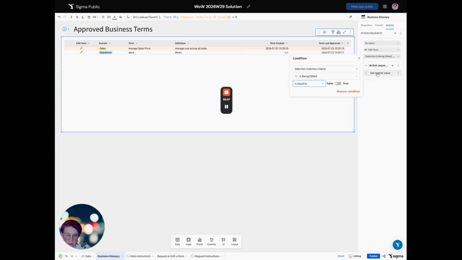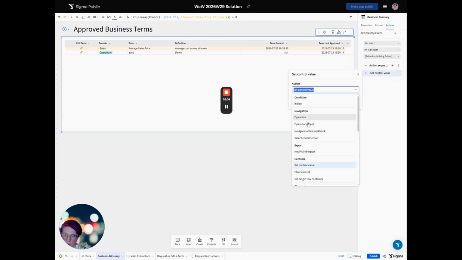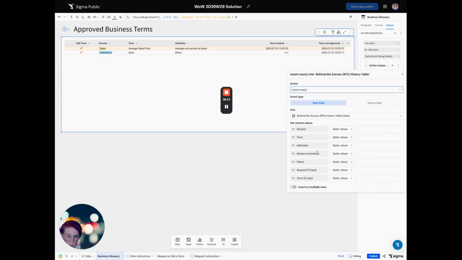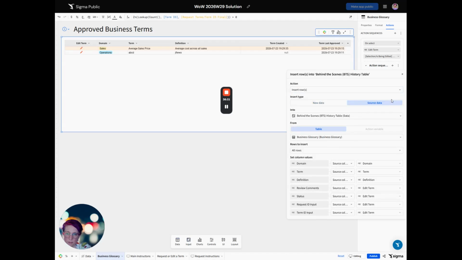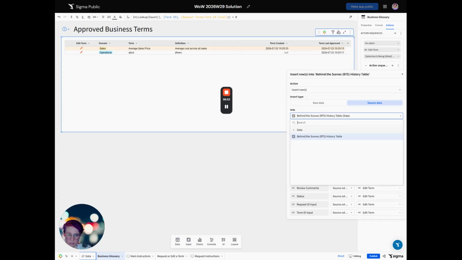And then if that condition is met, we're going to insert rows. We could use insert row because it's a single, but I like to use this. It's a little easier, even when you're doing just a single row. I want to insert source data into the behind the scenes table,